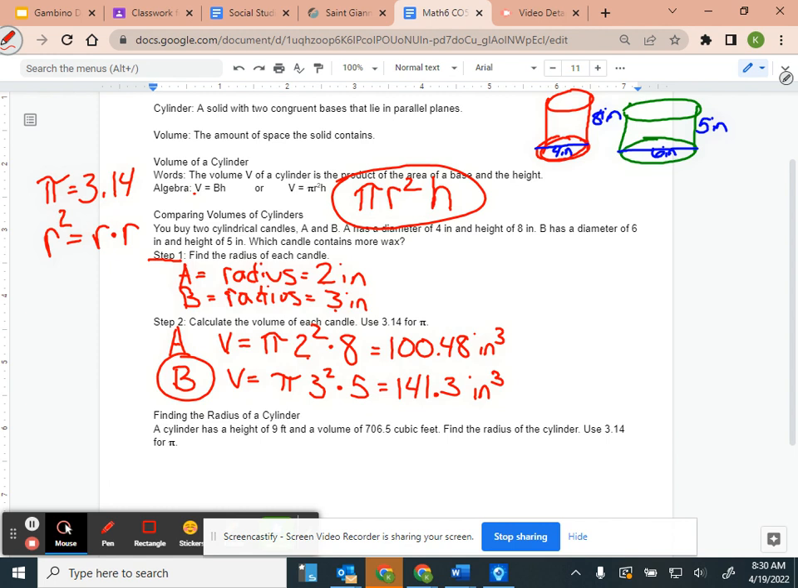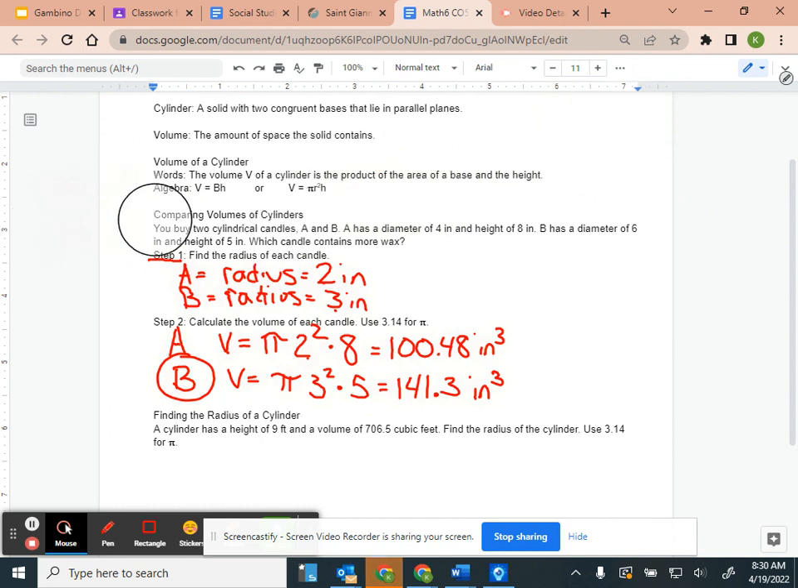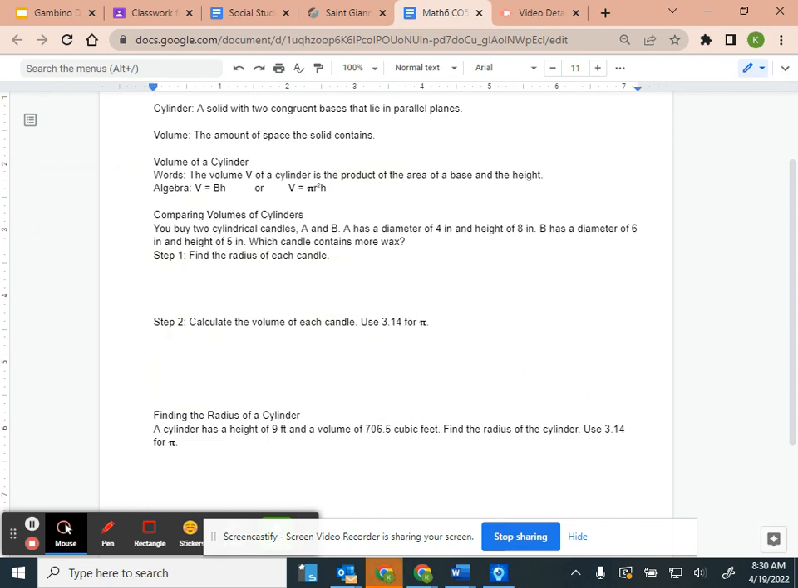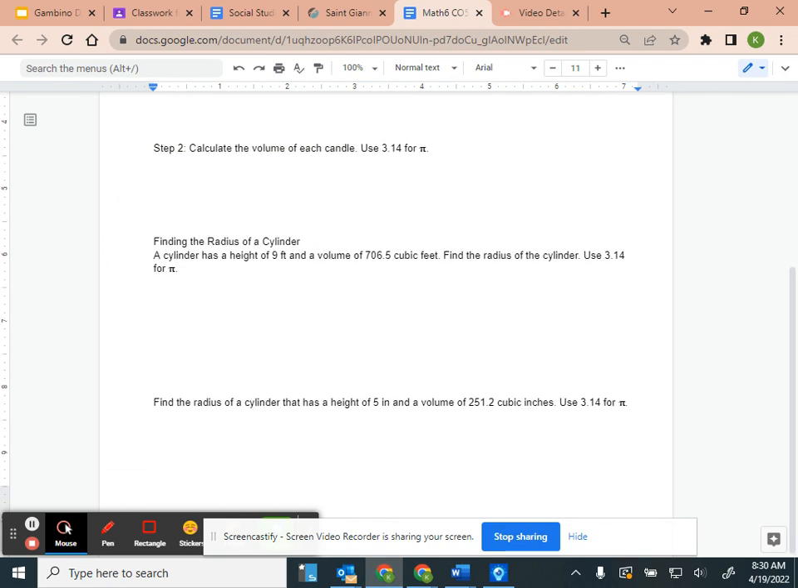Finding the radius of a cylinder, we're going to use the same formula. V equals pi r squared h. We're going to plug in the numbers that we know. Are we good if I erase so I can move it up so we can see it better? All right, so we know volume equals pi r squared times h. So we're going to take the numbers that they give us and plug it into our formula and solve for